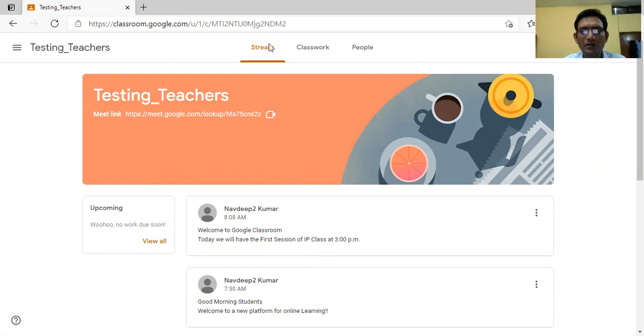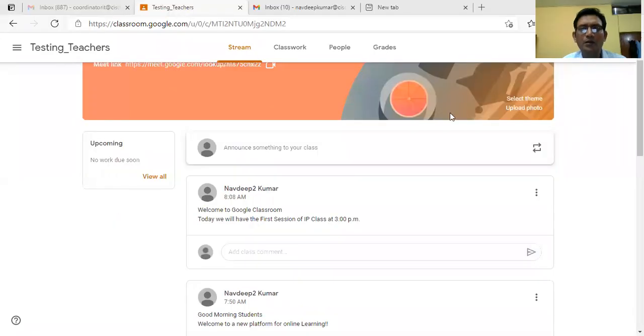Now coming back to the teacher's view. So this is the classroom that we are having, and you can find all four tabs here. Now friends, look here: in the announcement section itself, this button appears when you bring the cursor here.